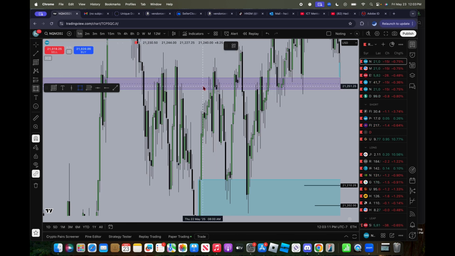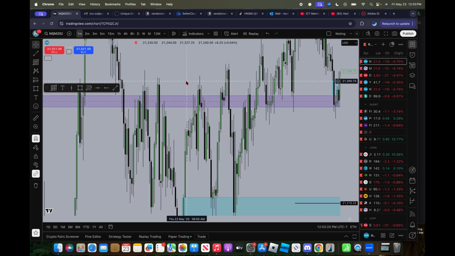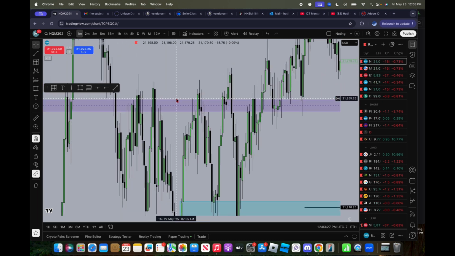It taps the end dog, aggressively goes a little bit past it, but then the first three PD arrays don't hold up. So, actually, one thing I do want to mention has to do with the first three PD arrays. If you have a scenario